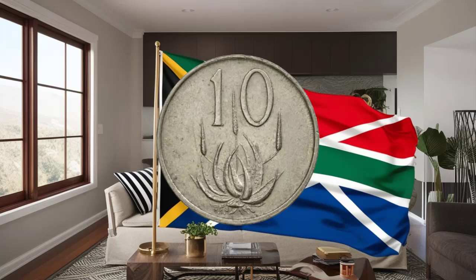And now we come to the part you've been waiting for. The value. Most of these coins, in average condition, are worth only a small amount. But certain rare variations, especially those in exceptional condition or with unique minting characteristics, have been known to attract serious